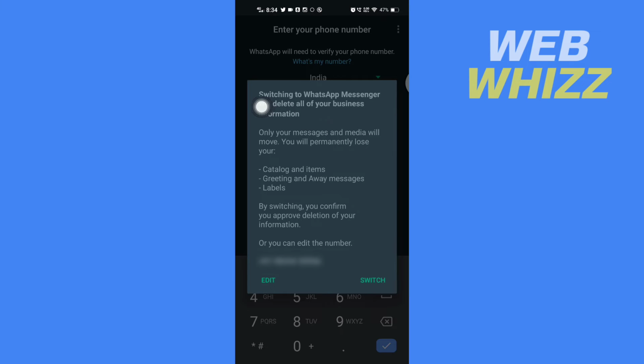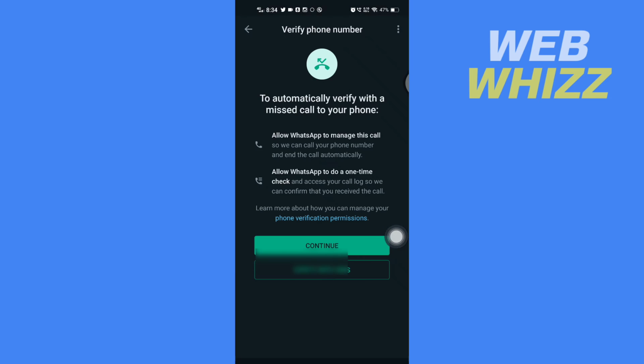And here it says switching to WhatsApp Messenger will delete all of your business information. Only your messages and media will move. You will permanently lose your catalog and items, greetings and away messages and labels. By switching, you confirm you approve deletion of your information. So remember that all of these things will be deleted, and if you want to continue, tap on switch, and